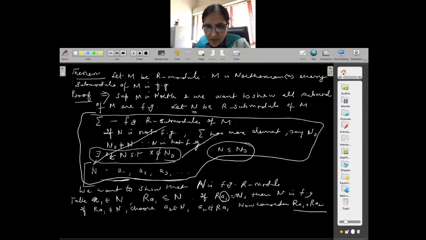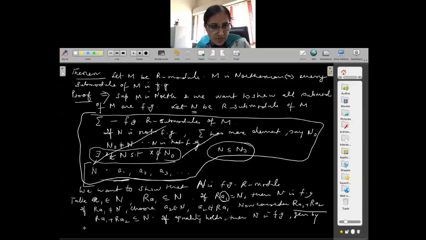If this is not equal to this, it means this is properly contained in this. Now this is contained in N because a1 and a2 are both in N, and Ra1 plus Ra2 is also contained in N. If equality holds, then N is finitely generated by a1 and a2.